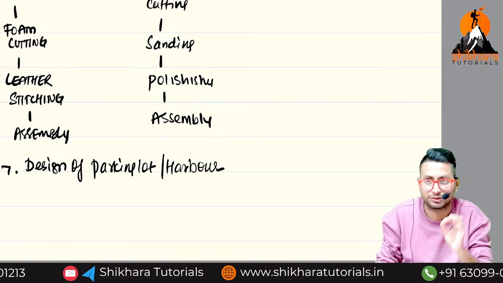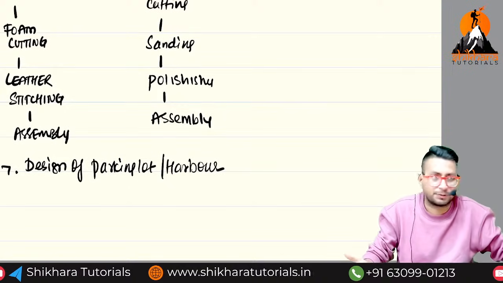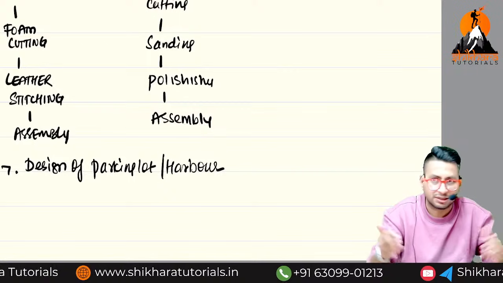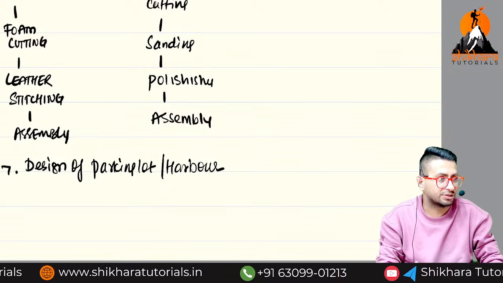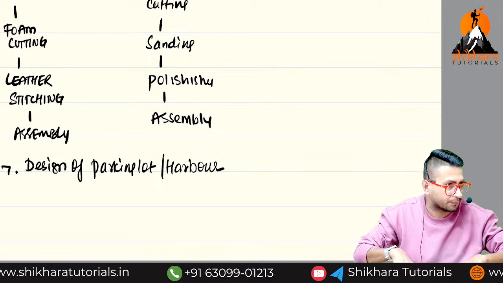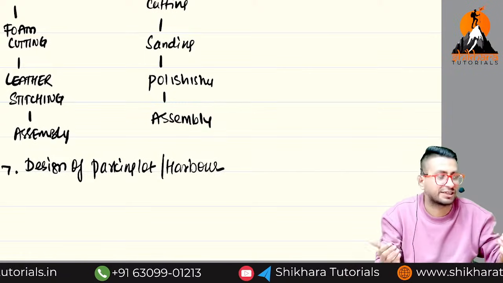Small details also you should not miss. How many cars can be kept? How many pillars should be there? Because if the number of pillars increases, the parking space will reduce. On an average, how many people are we expecting to come to our mall and at what time? In case more people come, how do I arrange the parking?